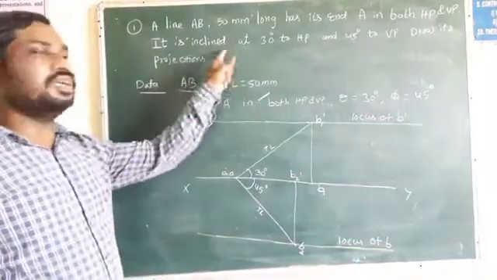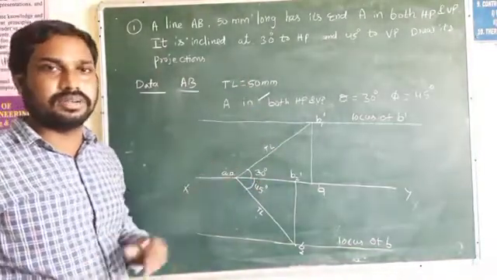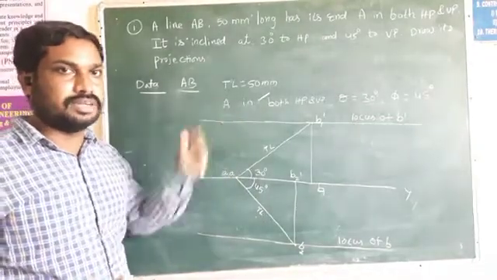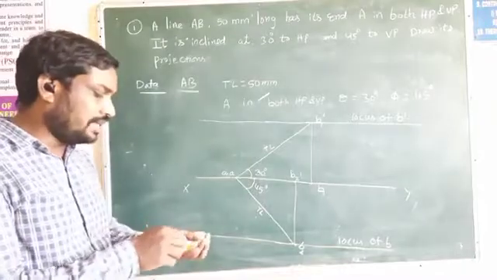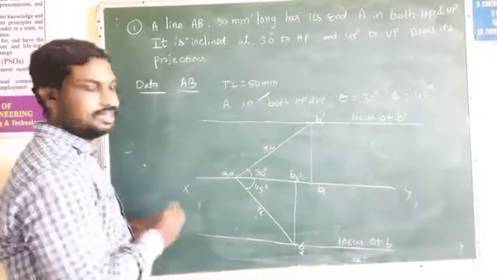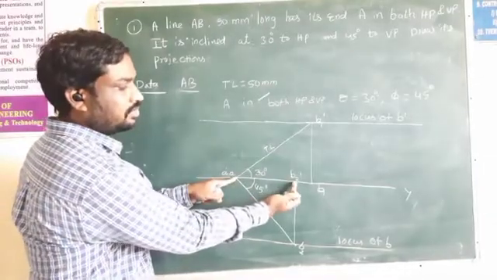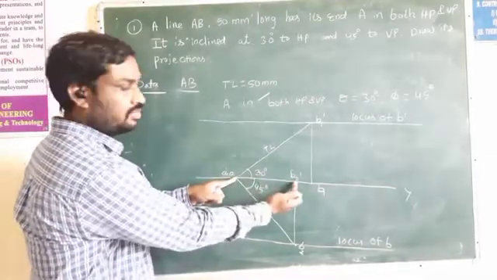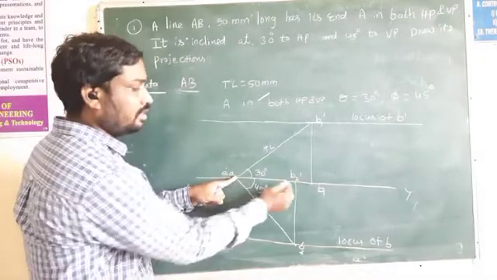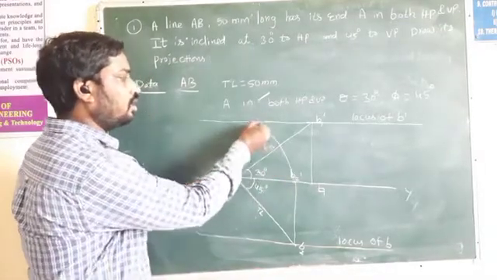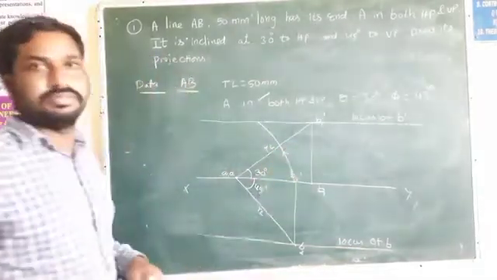Now because both are equivalent to HP and VP, we are getting another front view and another top view, that is the final front view and final top view. Now take the compass, A dash as the center. What is the length? You can take the length of the front view. This is A dash to B2 dash. Up to this point, we can take this length, and with this as center, draw an arc onto the locus of B dash. So this is the direction of the curve.